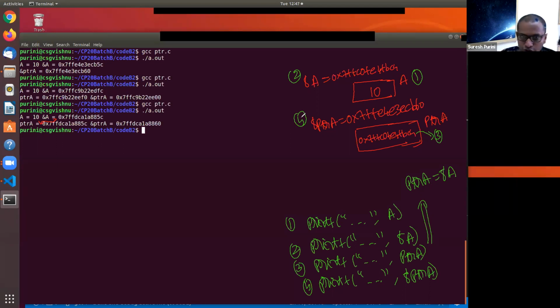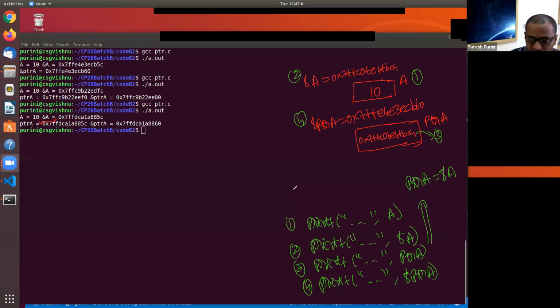Great. So now I will introduce you to a new idea. Let me put it here as 5, and I will maybe use a different color. So when we do printf star ptra, what happens?